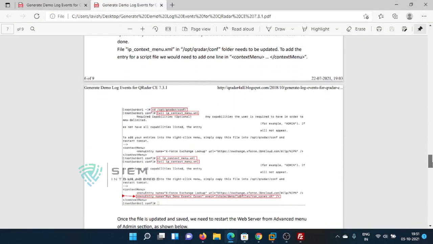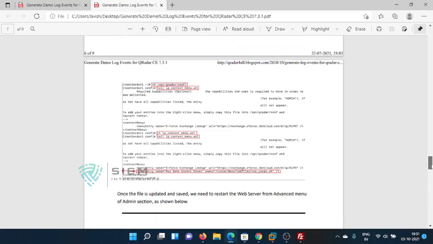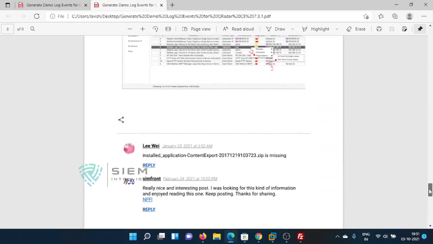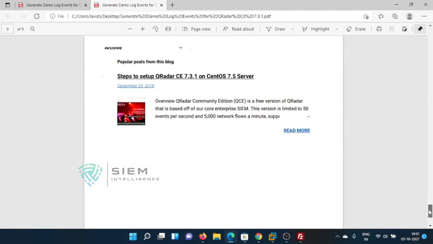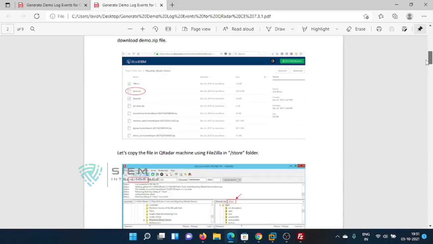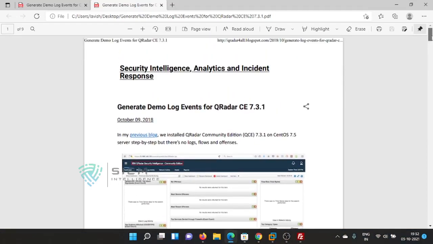Like this you can configure your QRadar as and when required. You can go and see the configuration files and all. It will give you the entire details: how to do it, what are the things that you can change. And if data is not coming, you need to do a restart web server. You will get it lastly. It will show something like this, and these are some comments I have created by using some tools. The entire thing was taken from the video only, for the sake of you people.